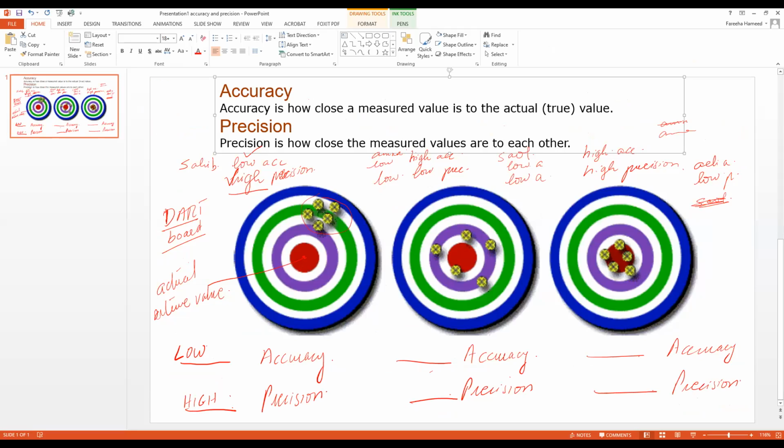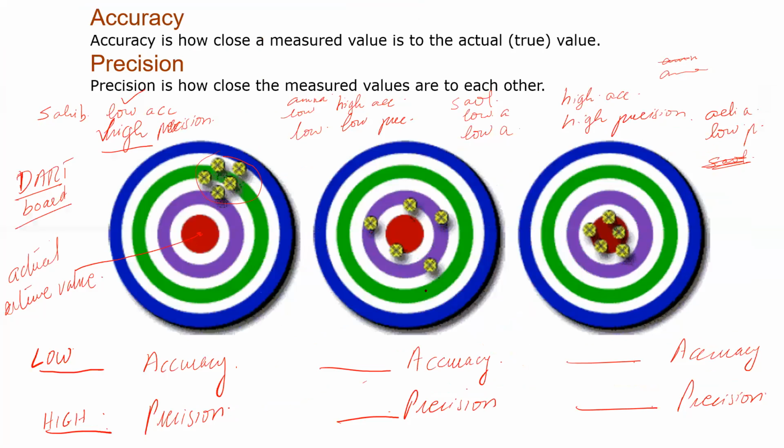So, if you judge by that, I'm not sure how close it must be that we should call it highly accurate. Okay, actually it is closer than the first case. So we can say this is high, right? And you can see these are close, but these are scattered, and therefore we can say that this is low.